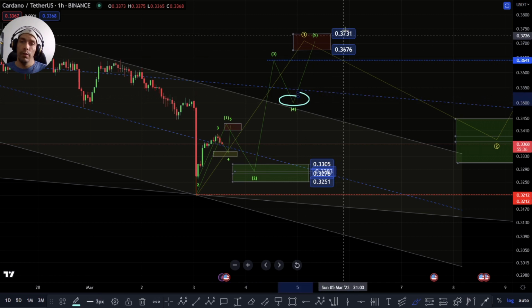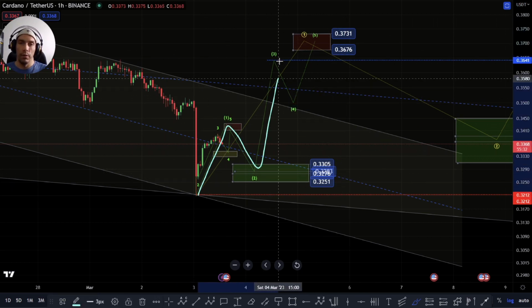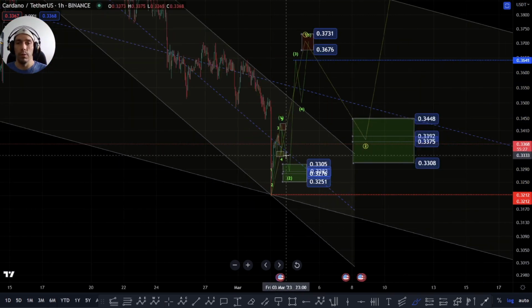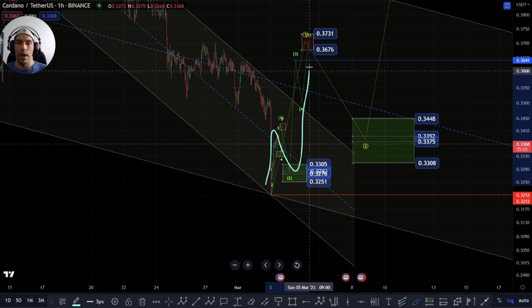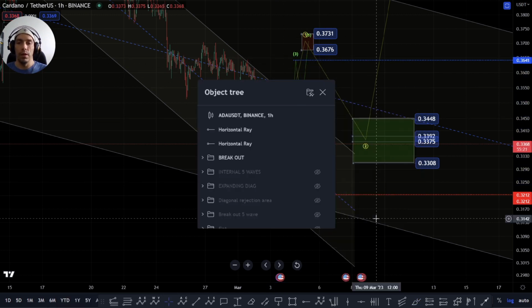Until we get this fourth wave and this fifth wave, we need to just be aware that we can still see things play out where they do something like this and it's just a corrective structure, and then we actually look to break down. So you just have this as an A, B, and a C, and then we come into that zone that we talked about needing to be careful.